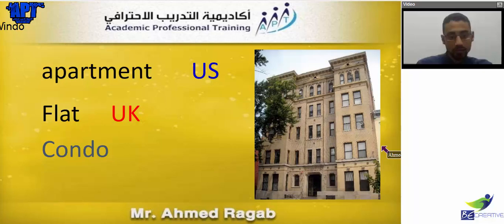Now we have apartment and flat and condo. Now we have these three vocabulary words. Let's try to talk about them. Now the first thing is apartment. What is apartment? Okay. Now apartment is the US word. Like this is a building and this is an apartment. It's another apartment, another, and another. So the apartment always is in